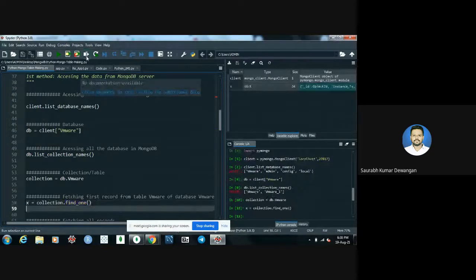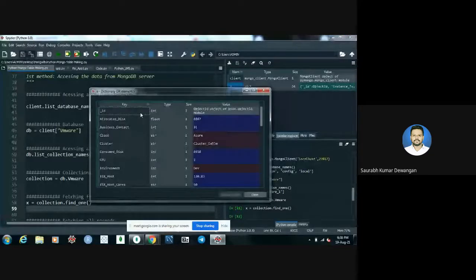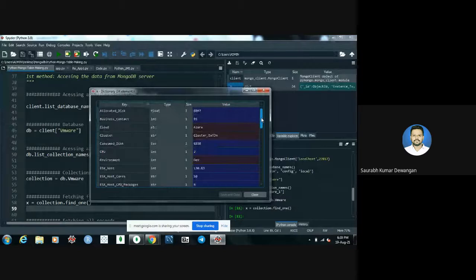As you can see here in the variable explorer, X is mentioned. We get X here. Let me open this for you. We can see allocated days, business, contact, cloud, cluster.